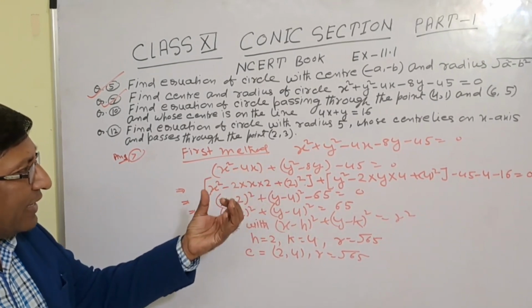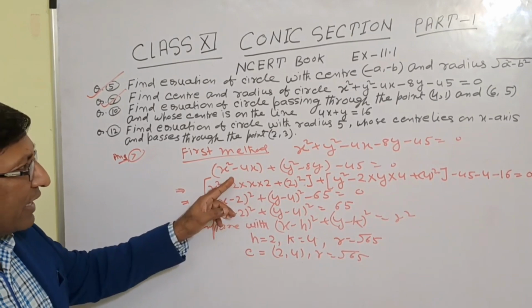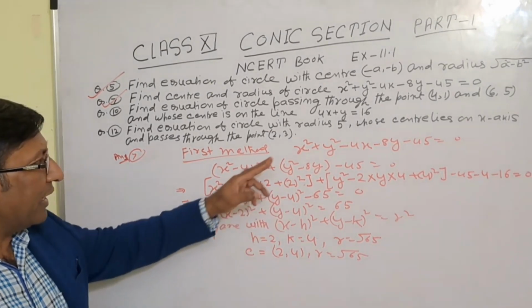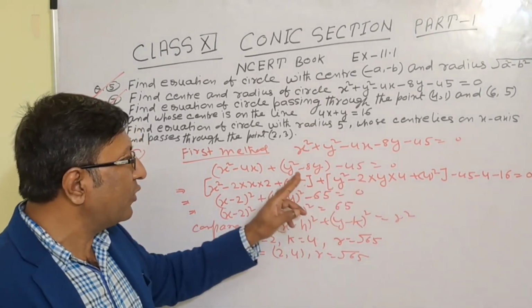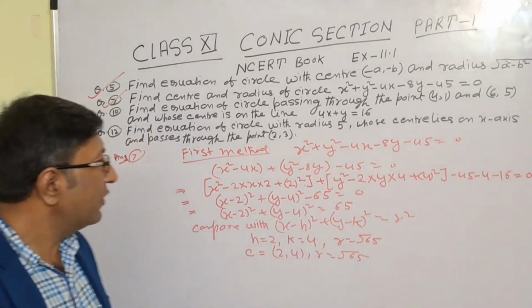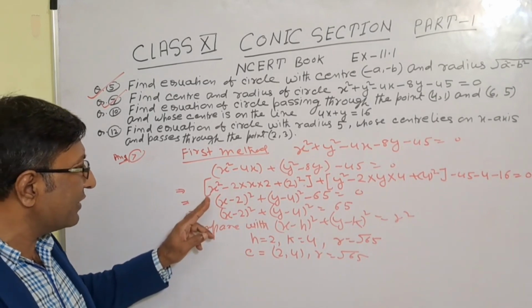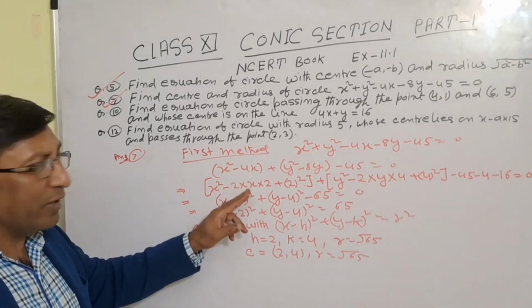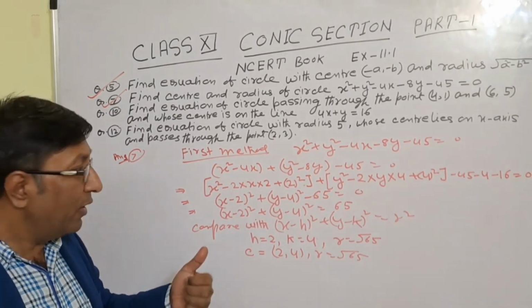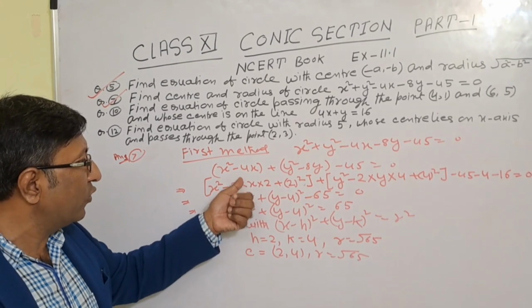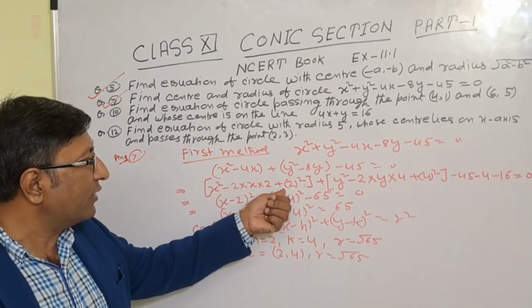So take one side, together with the x term and y term. Separate the x terms on one side and the y terms on one side. So this is x² − 4x together, plus y² − 8y together, and minus 45. Now change this into the form (a − b)². So this is x², a² − 2ab. So 2 into x, x is a. Now b we don't know, but here 4x. So 2x into what gives 4? 2 times 2 is 4. So b is 2. So b² is 2².